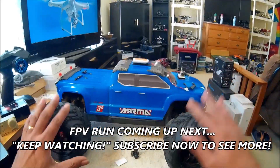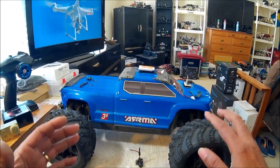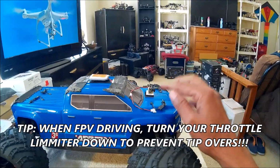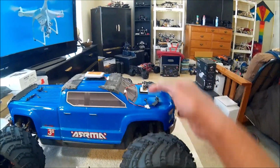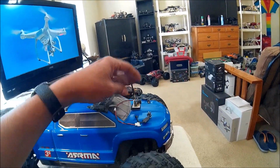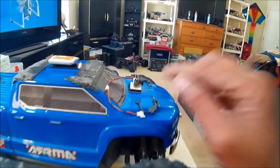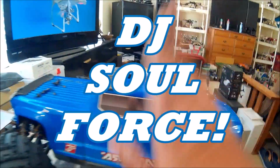And one last tip and reminder, turn your throttle limiter down. You don't want this thing flipping over on that antenna. These little cameras are fragile, and like I said, they're only 15 or 16 bucks, so I usually buy 3 or 4 of them at a time. I have spares. If you break that antenna, micro soldering on this bad boy is very, very difficult to do. Let's take a ride with the Big Rock,